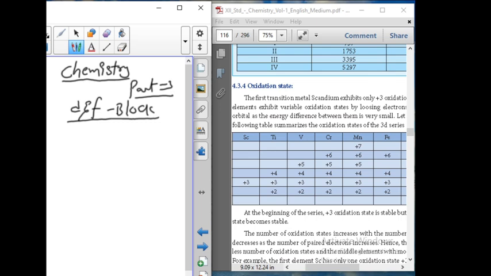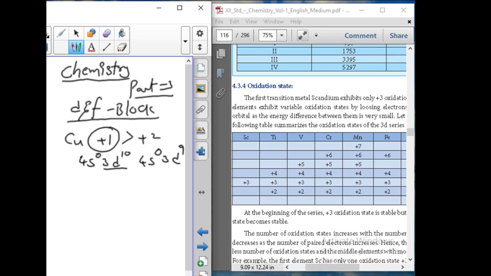Okay, now last class we discussed oxidation states, atomic radius, ionic radius and ionization energy of the D and F block elements. See the last session discussion. Copper can show the +1 oxidation state and also +2, as per electronic configuration. Cu+ is 4s0 3d10 and Cu2+ is 4s0 3d9. So d10 is more stable; copper +1 is more stable than copper +2.